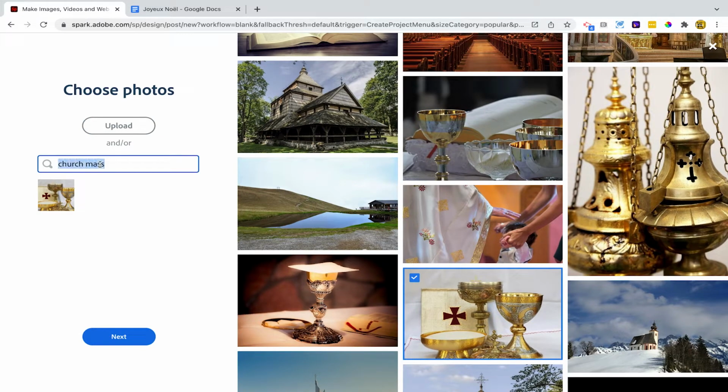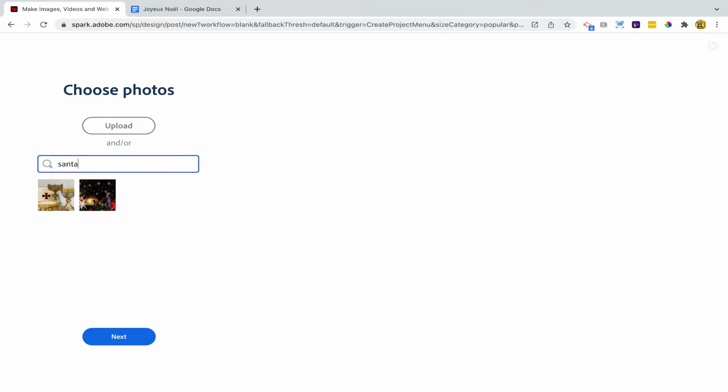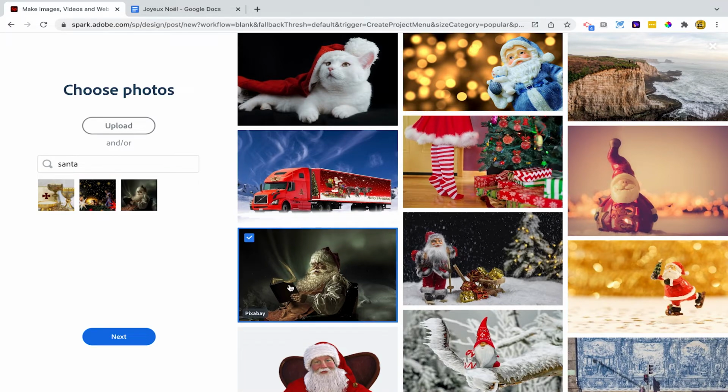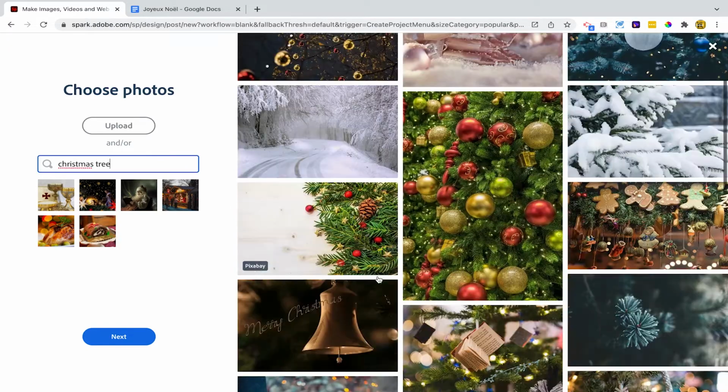And then all you have to do is keep going through, putting in whatever you're looking for. So this one's going to be nativity. See what comes up. That one looks good to me. Next one is, there we go. Well, it says Father Christmas actually, but I think this one would give me better results. So I'm looking for Santa. And then slowly but surely you just build up this sequence of images that are going to go into your